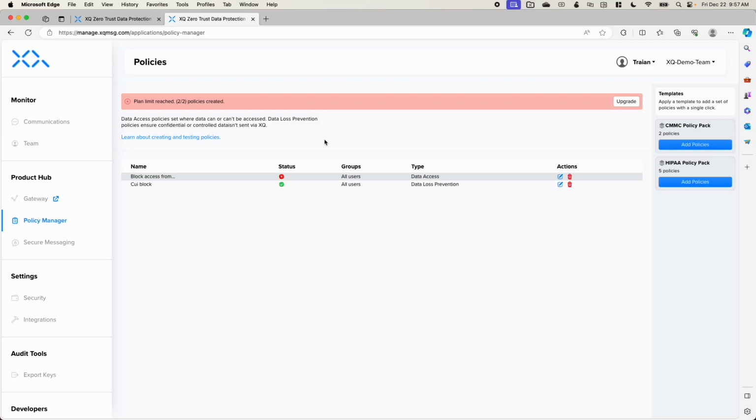So the end user doesn't have that option of whether or not to send encrypted. Additionally, you can even set this up with domains. So if an email is going to a specific domain, such as if you're dealing with a CMMC client, you can enforce encryption upon this email if it's going to a specific domain. Here we also have a number of policy pack templates just directly on the right hand side